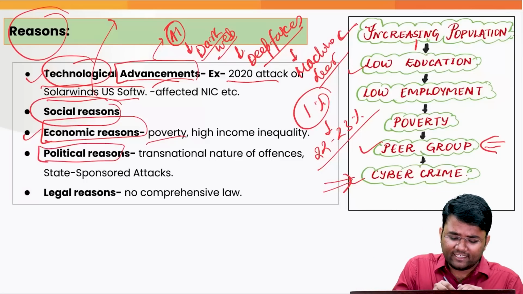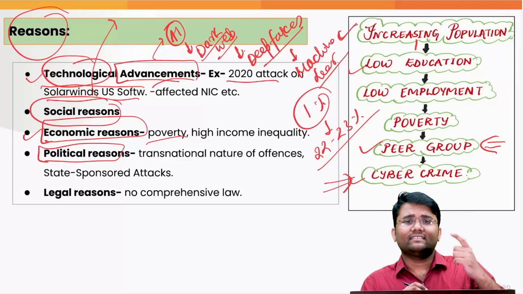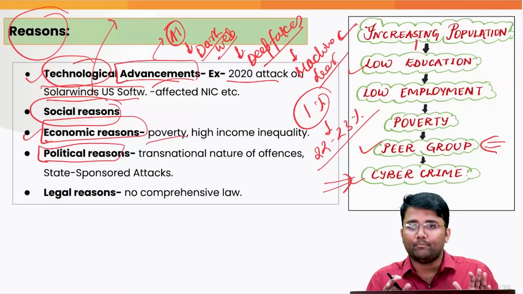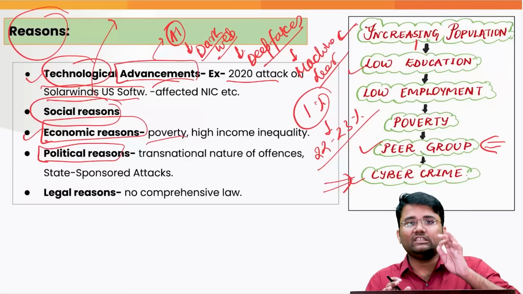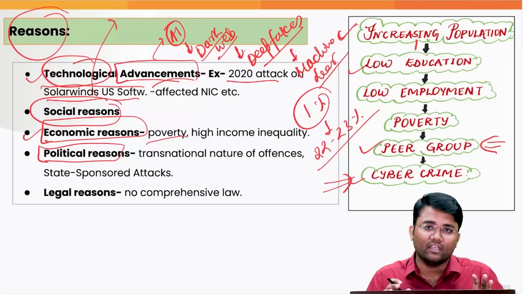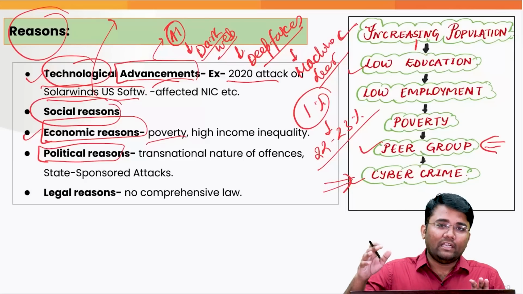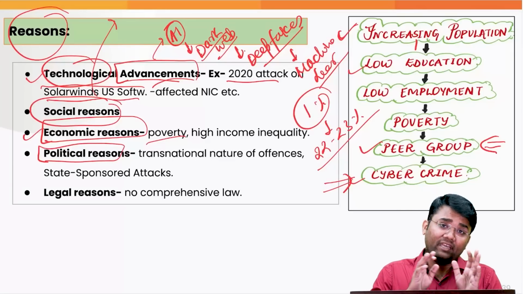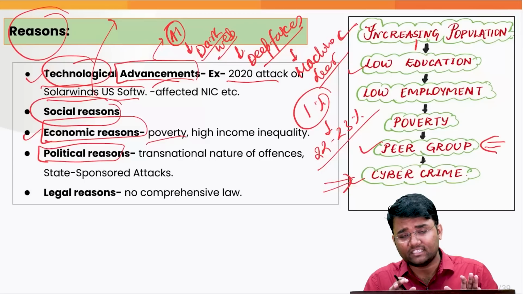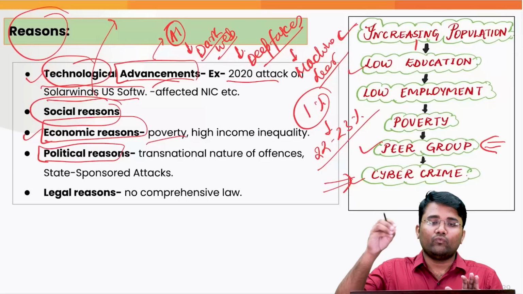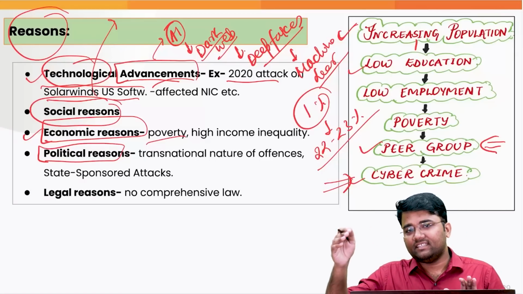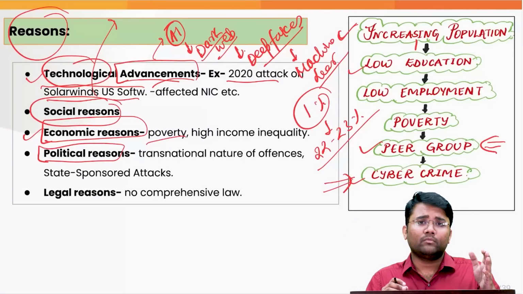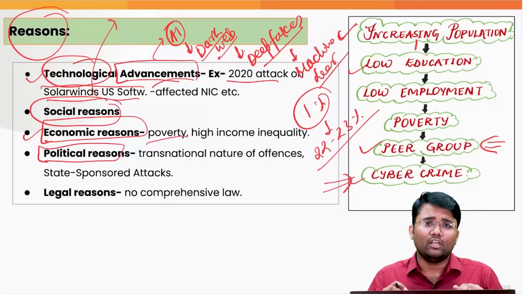Also, some political reasons. For example, there are some state as well as non-state actors who do not want India to be happy and secure. They want to infringe on our sovereignty and integrity. So they also fund and motivate some of these cyber attacks. In many past instances, it has been seen that the server through which the attack happened was located in some of our neighboring countries which have a hostile relation with us.